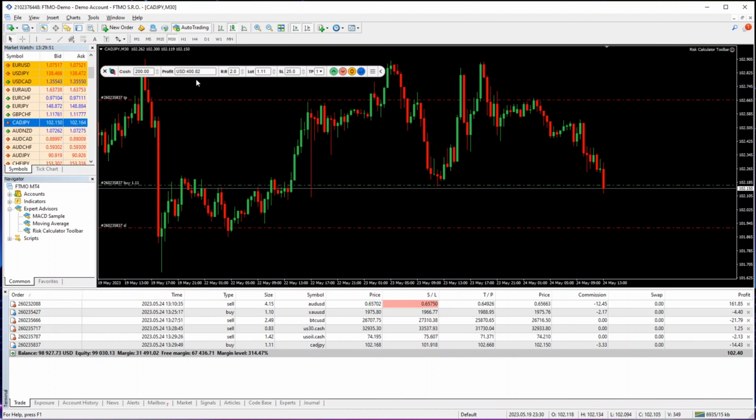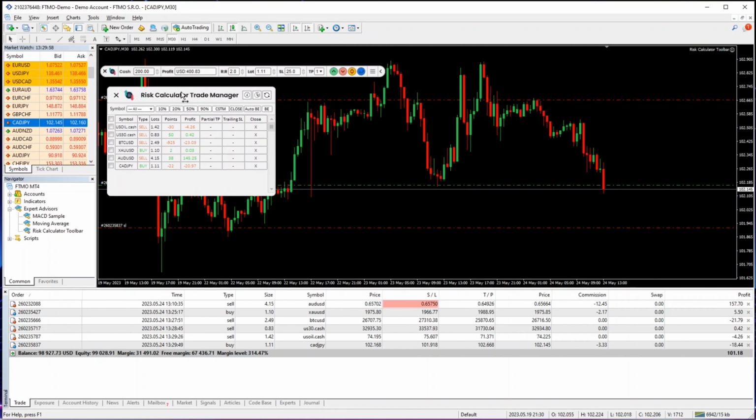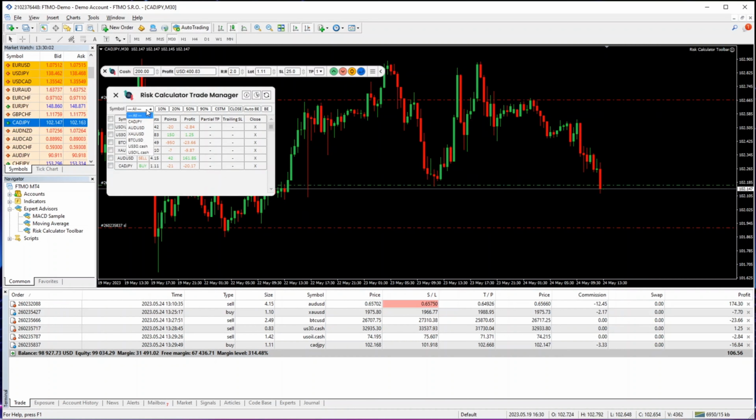The reason I was taking a lot of trades is because I wanted to show you a few more features on the risk calculator trade manager. Say if you have loads of trades here, we also have this drop down, so it will just filter them by the trades that you have. So let me take a few more on CAD JPY. Let me take a